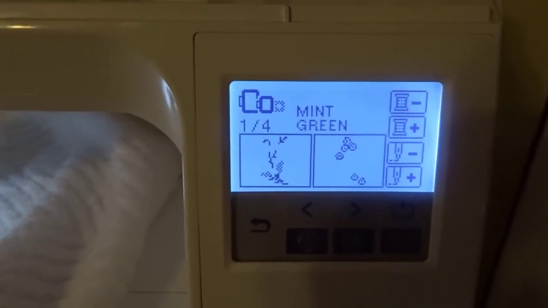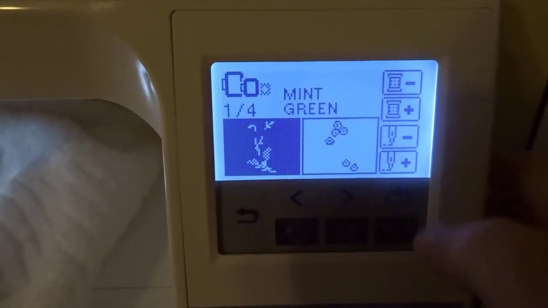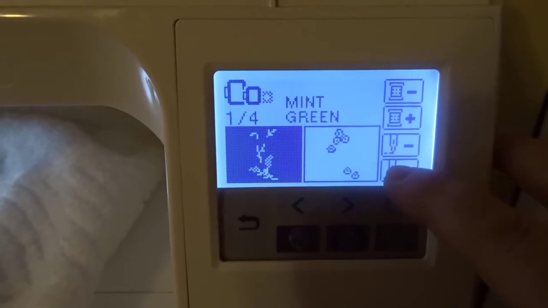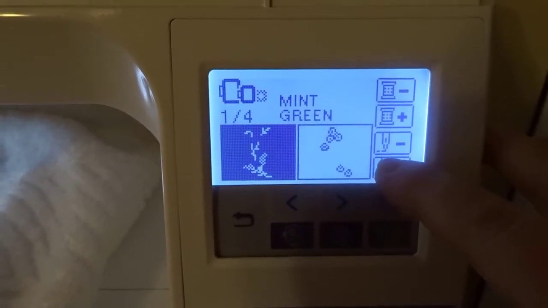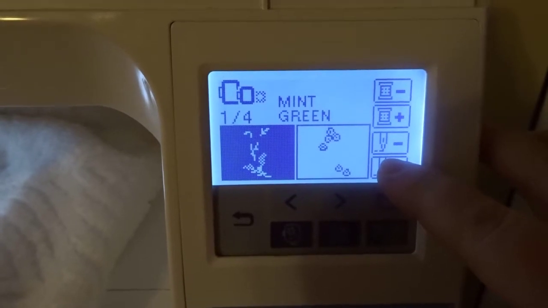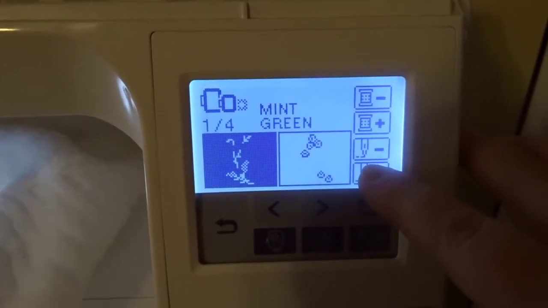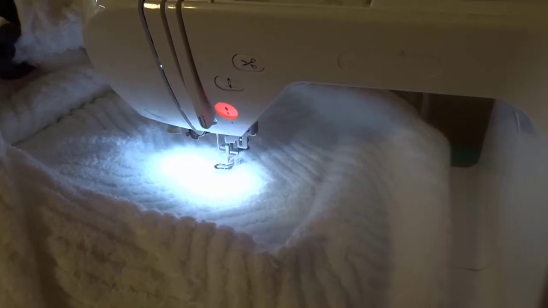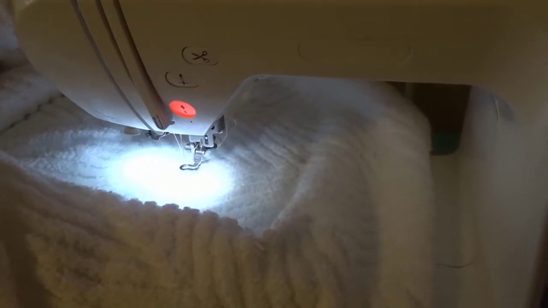But then say I want to just advance 50 stitches. So then I would just click this, until I get to the position where I want to be. And as you can see, it's moving my